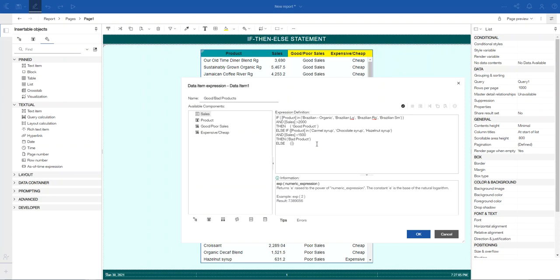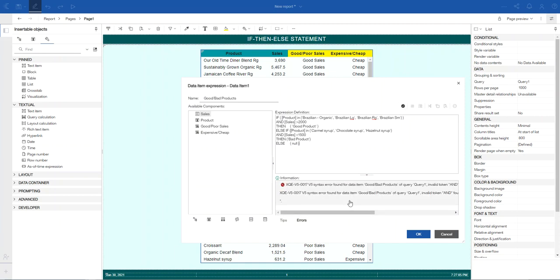So else everything else should be, basically if you don't want the other items to fall under any other category, we can just say null. And so let's validate. Let's try one more time. Okay, so it looks like we actually have an error this time, so this would be interesting to read and see what the issue is here. It says found after if product in.